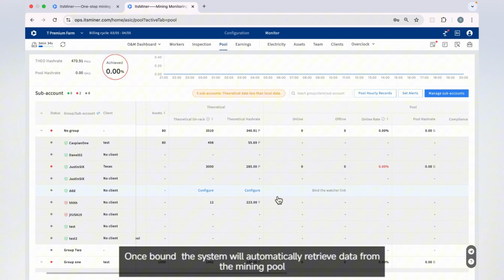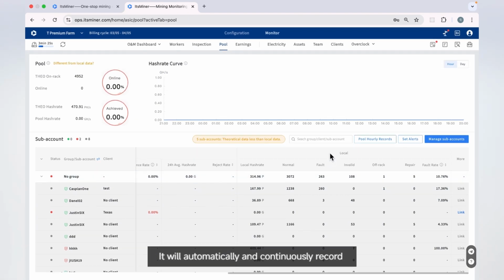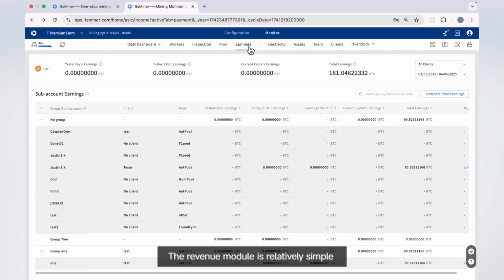Once bound, the system will automatically retrieve data from the mining pool. Then the local data is automatically recorded as long as it is scanned out. It will automatically and continuously record. The revenue module is relatively simple, that is, all the sub-accounts, as long as you bind the observer link, track its earnings, summarize them by billing cycle,